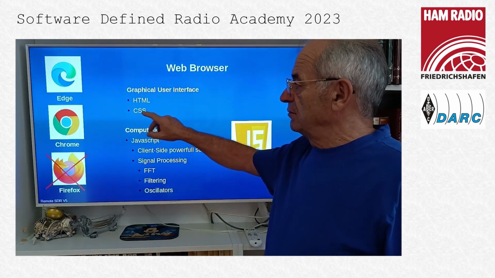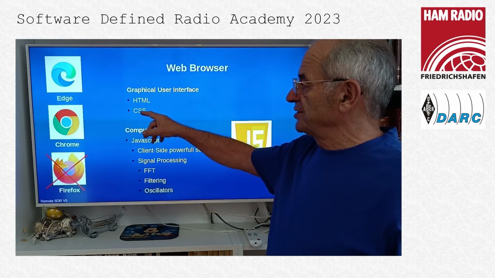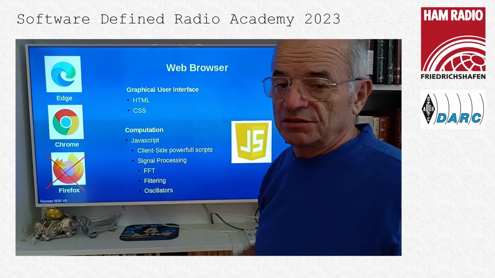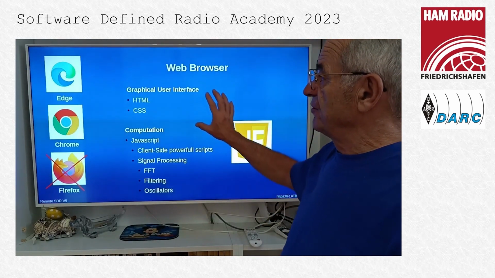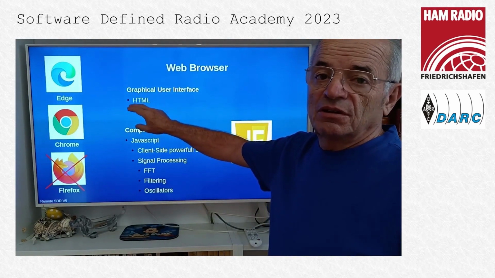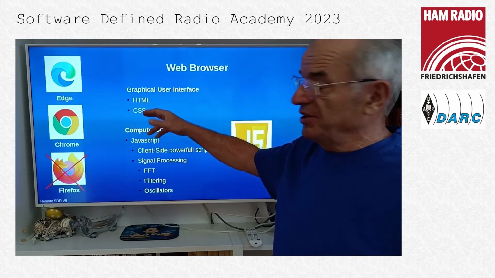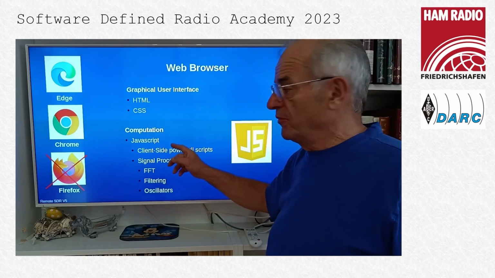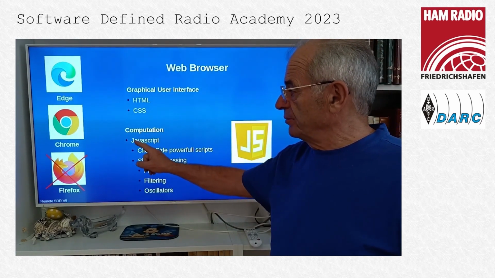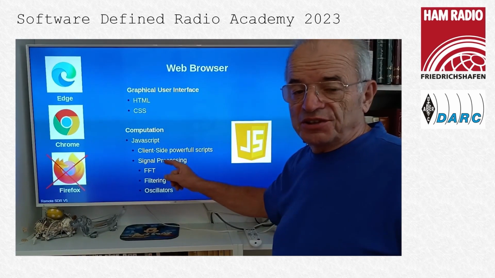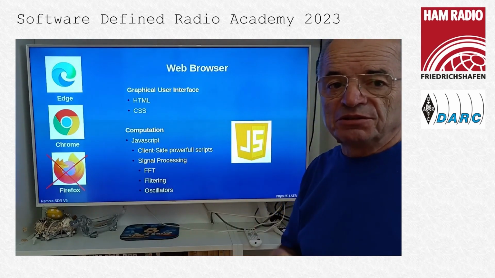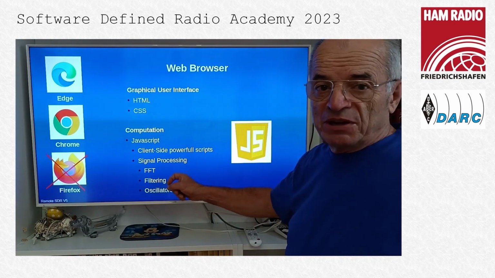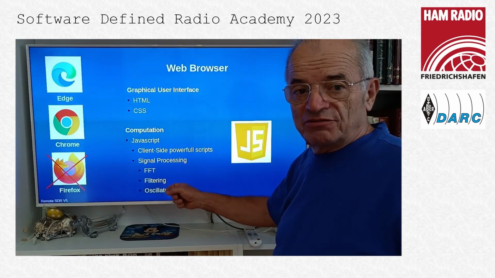You know that browsers can process HTML data, and CSS for the graphics. That's a classical function to generate a web page. But a web browser can do far more. First, you can do computation using the JavaScript language. And there is one point nobody knows, but in JavaScript, we can also implement very interesting